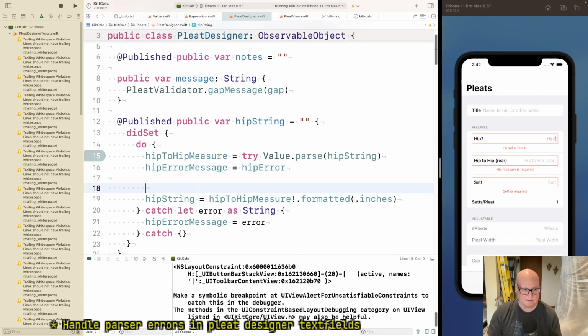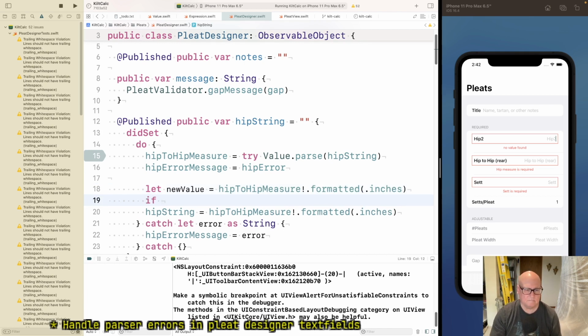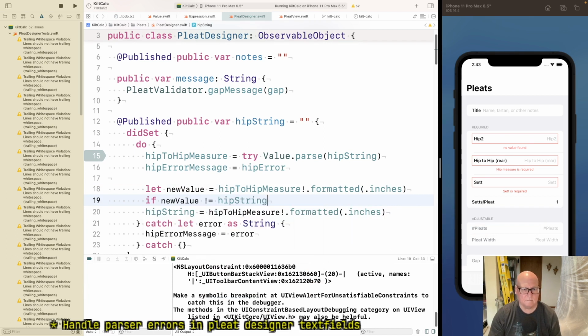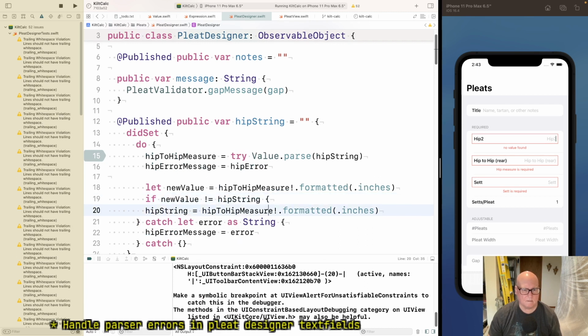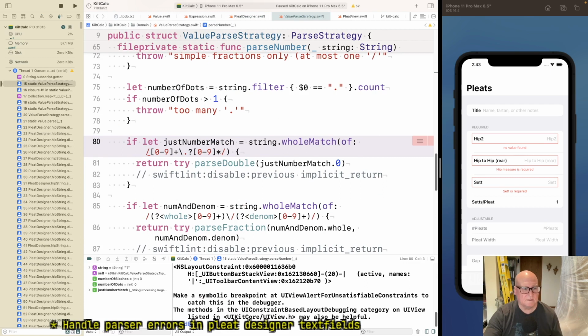Let's be a little safer. Let new value equals this. Whoops.